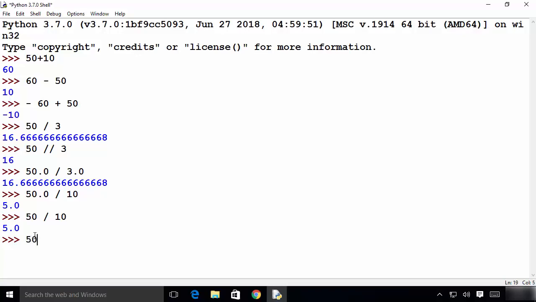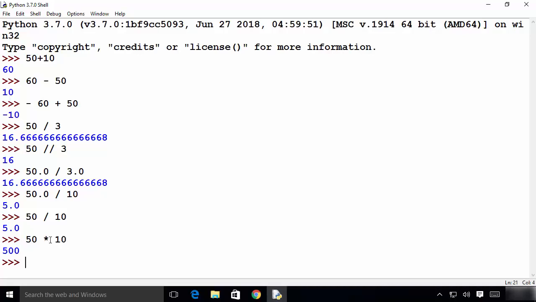Now let's try some multiplication. If you want to do multiplication in Python, you use a number and then this asterisk symbol and then a second number and then press enter, and this is going to multiply these two numbers. So this is the multiplication operator, which we can use to multiply two numbers. Now what we are doing here, for example, multiplying two numbers or dividing two numbers or addition of two numbers or subtraction of two numbers, in Python, it's called an expression. Okay, so 50 multiplied by 10